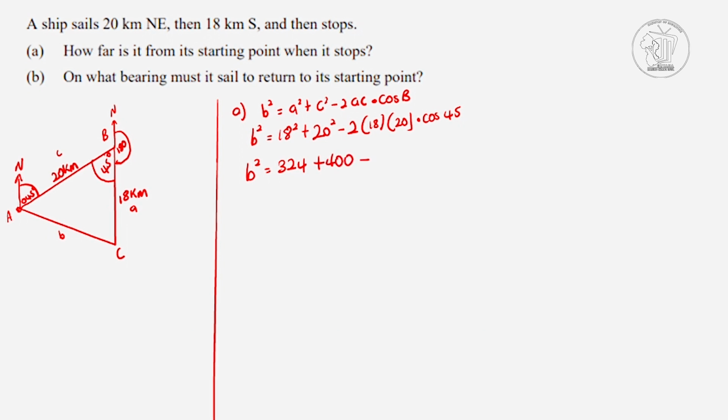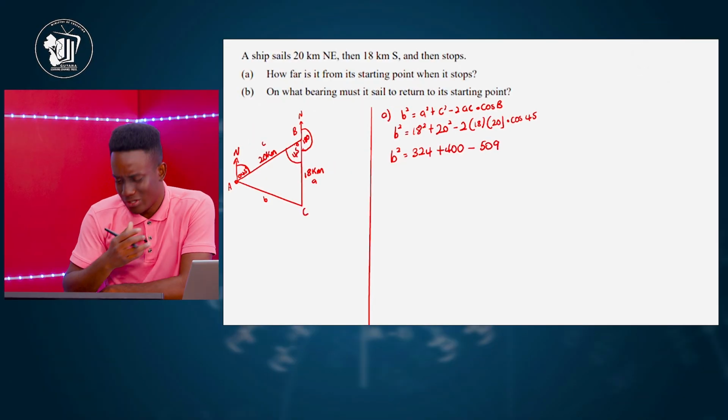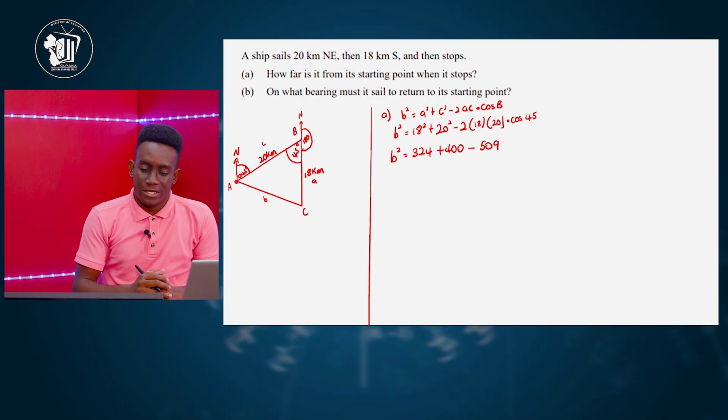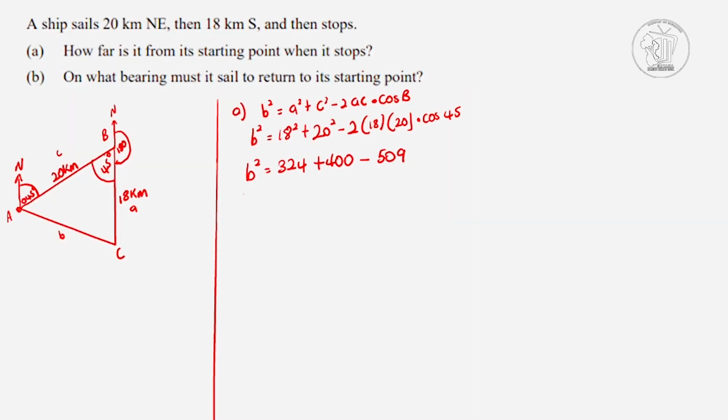Subtract 2 multiplied by 18 multiplied by 20 multiplied by cos 45 will give us 509.11. You can round it off to the nearest whole number, so we can say 509. Next, b squared will be equal to 324 plus 400 minus 509, which will give us